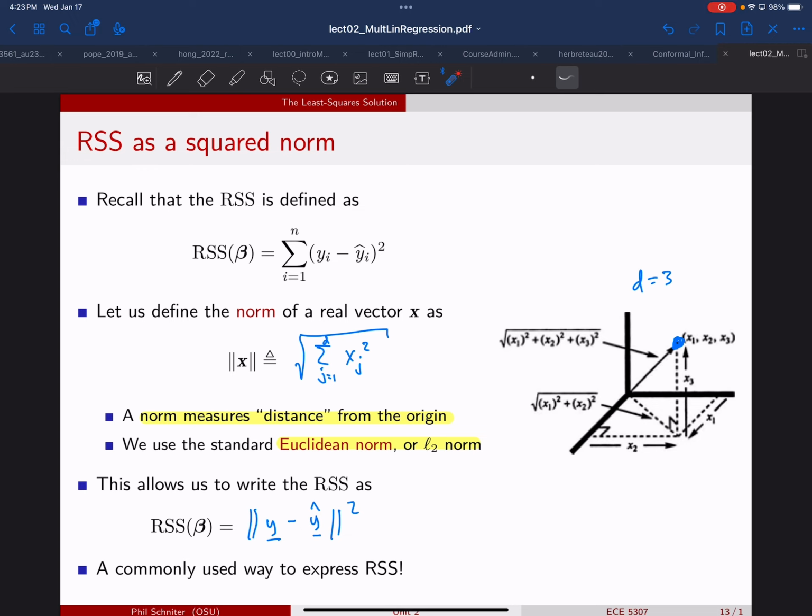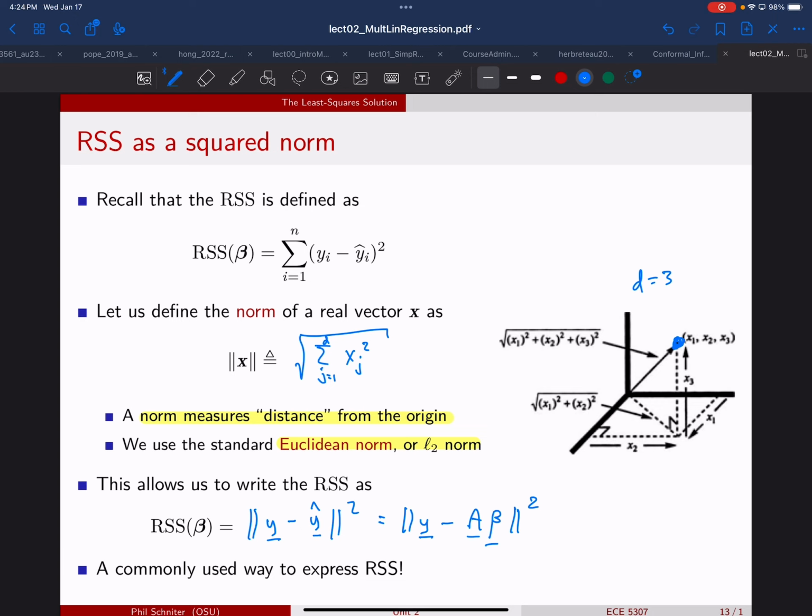the norm? And actually, we can even go one step beyond this. What if we wanted to write this not in terms of y hat, but in terms of the features and the beta coefficients? Does anybody know how we could do that? Yeah. y minus A beta. Yes, A matrix times beta